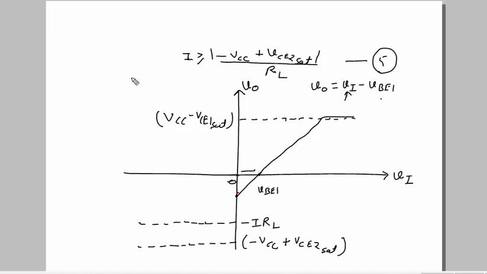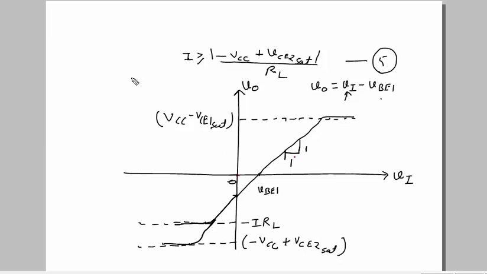Now after that, as the negative cycle increases, first it will reach I into RL, which is by turning off Q1, and then it will continue. So we'll have two maximum as we already discussed this way. This slope is linear. From here this slope is 1, the ratio is 1 here.